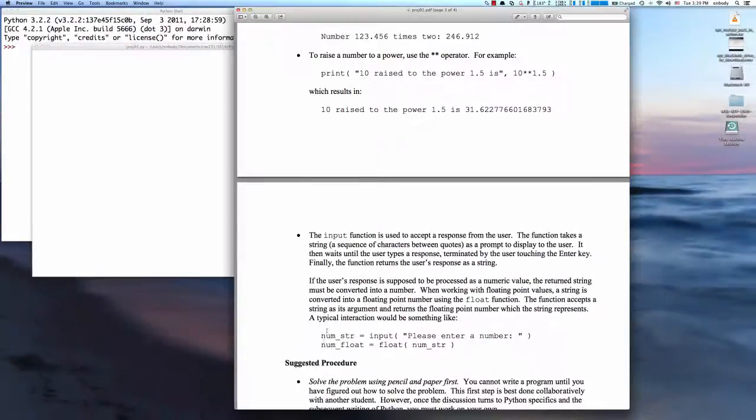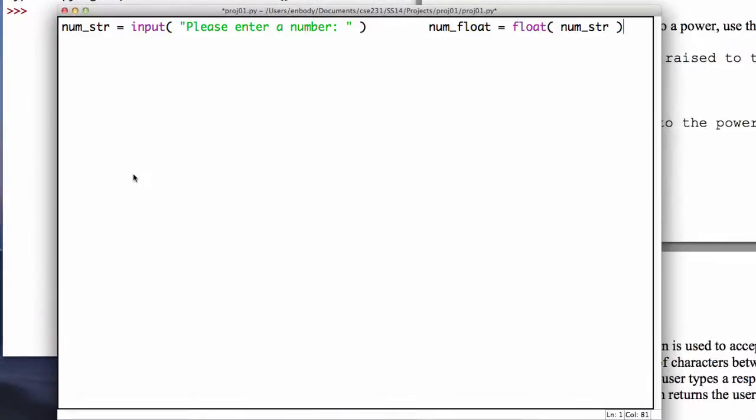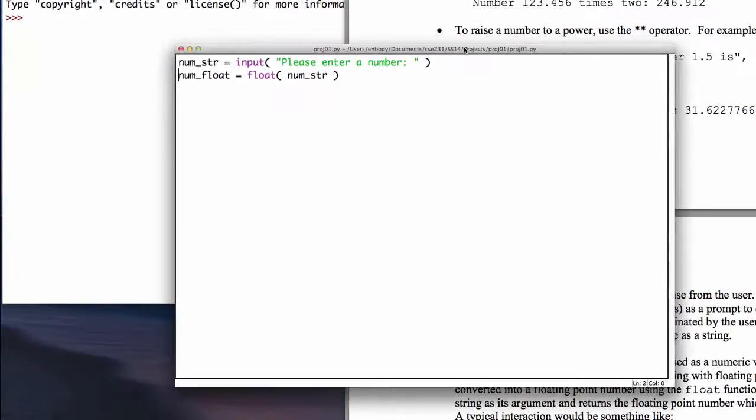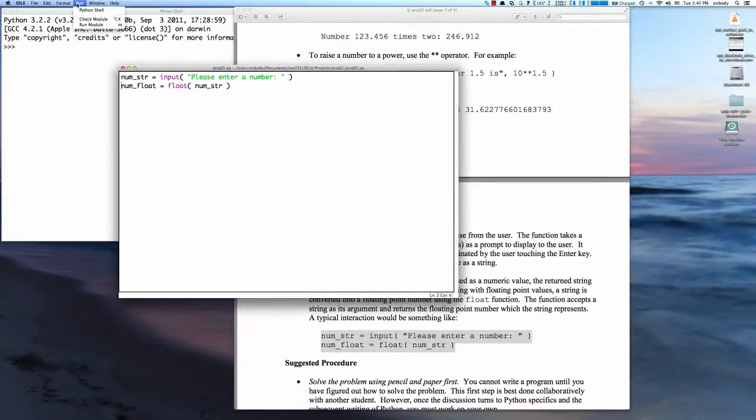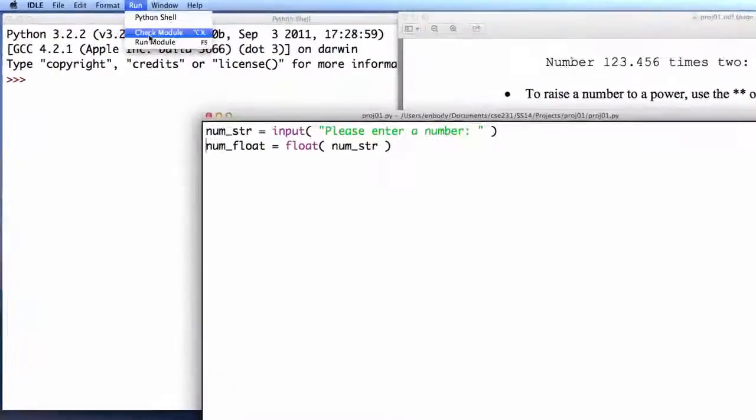And so we've got something in here. Let's see, will copy and paste work for me today? Let's try this out. There it is. Yeah, it sort of worked. We got the lines off a little bit, and there we go. And notice the colors. If you don't have colors, that means you didn't save it with a .py. So there's what it said to try and do, and let's fire that up. Let's run it. Run the module,